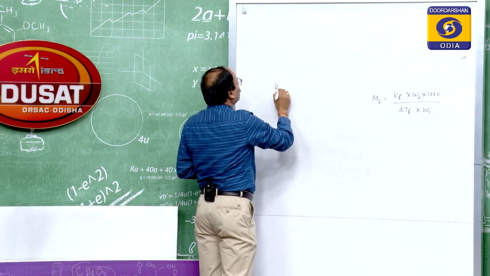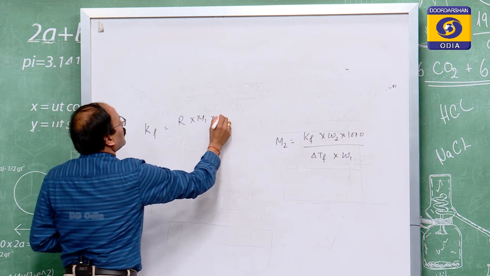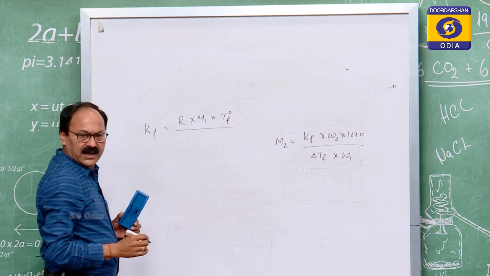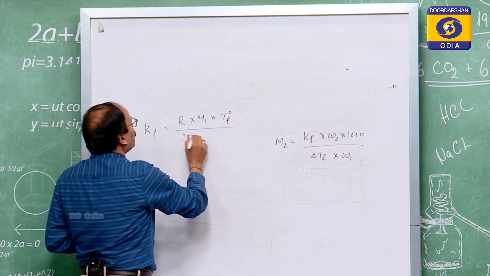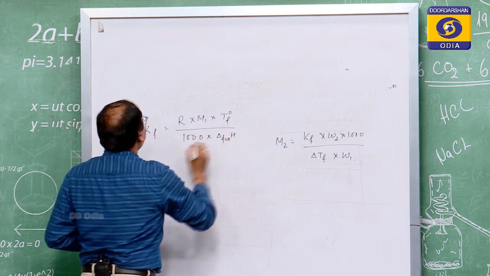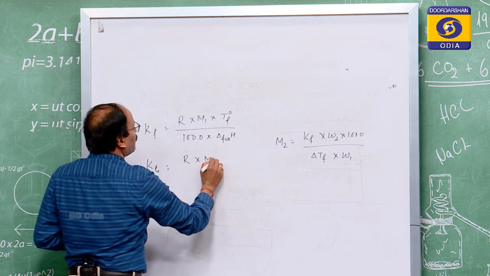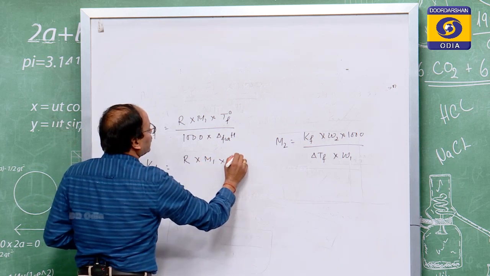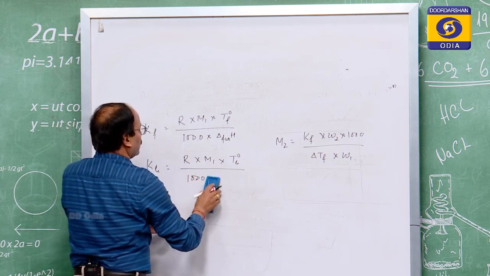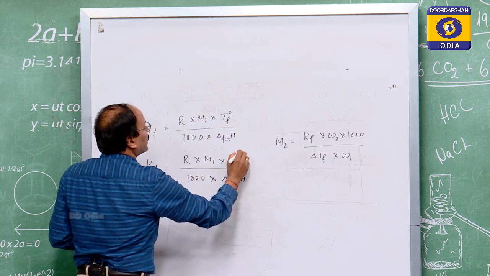Kf is equal to R into M1 into Tf0 squared divided by 1000 into delta fusion H. Similarly, Kb, the molal elevation constant, will be R into M1 into Tb0 squared divided by 1000 into delta vaporization H. This one is square,